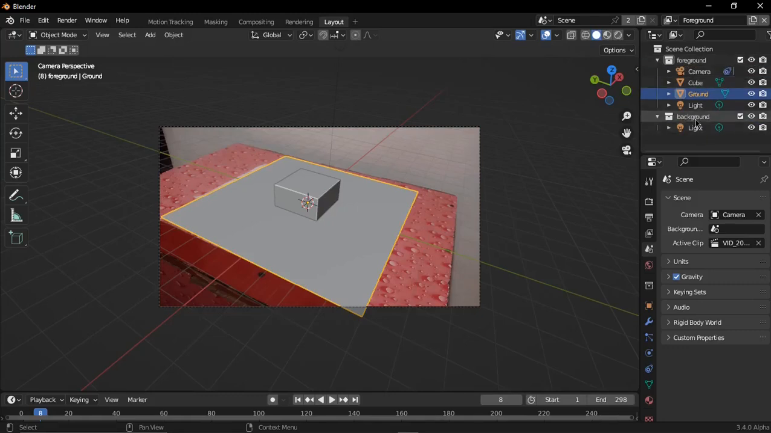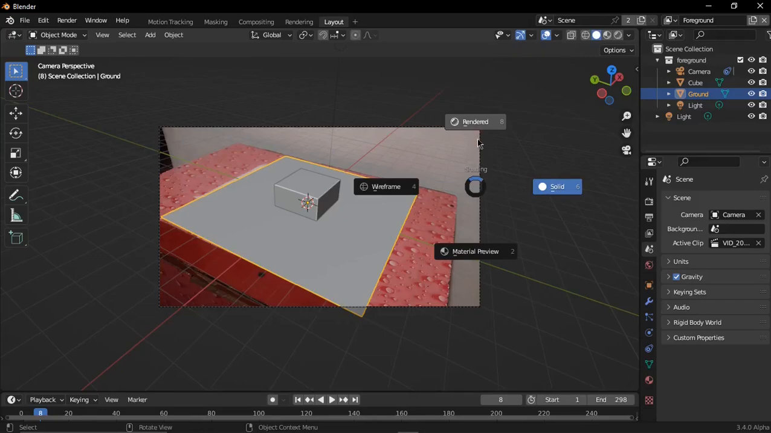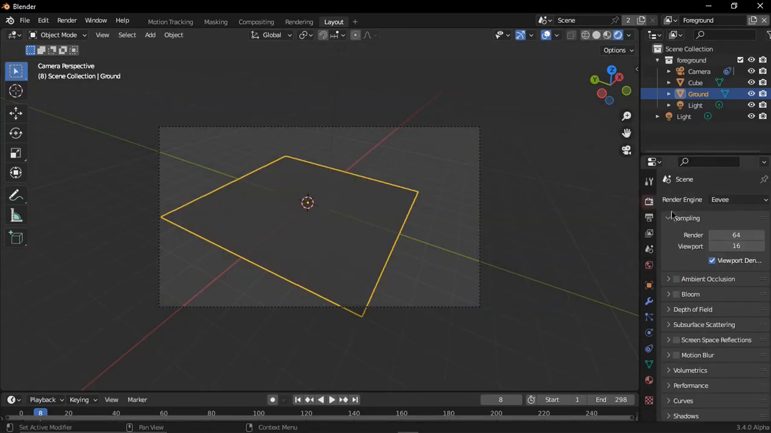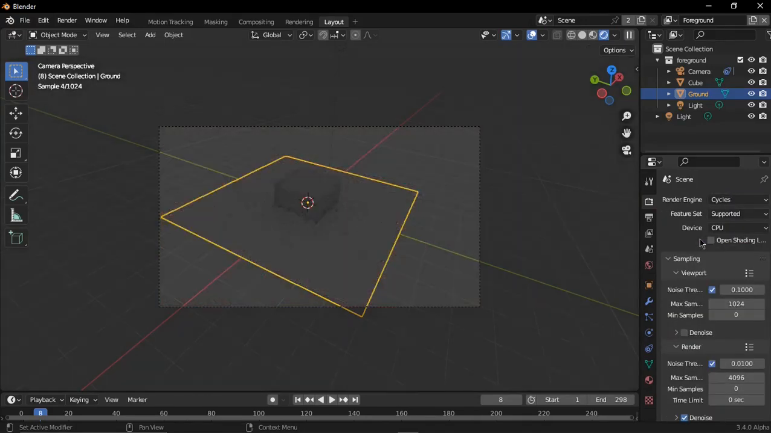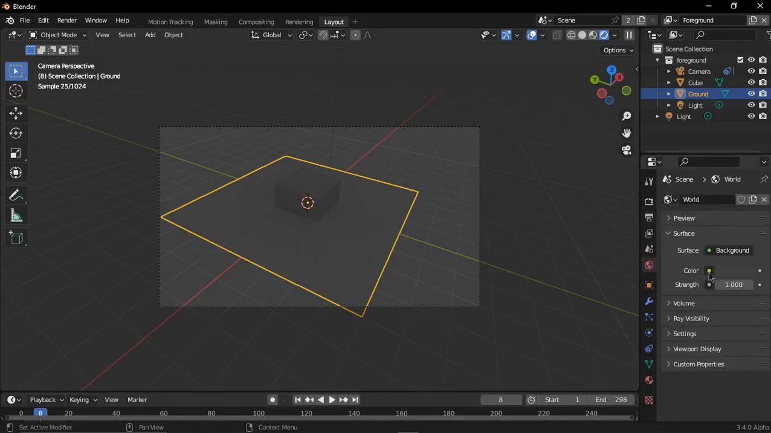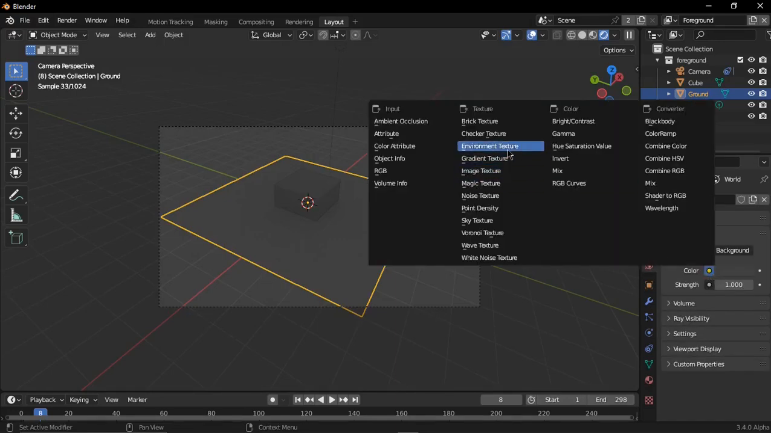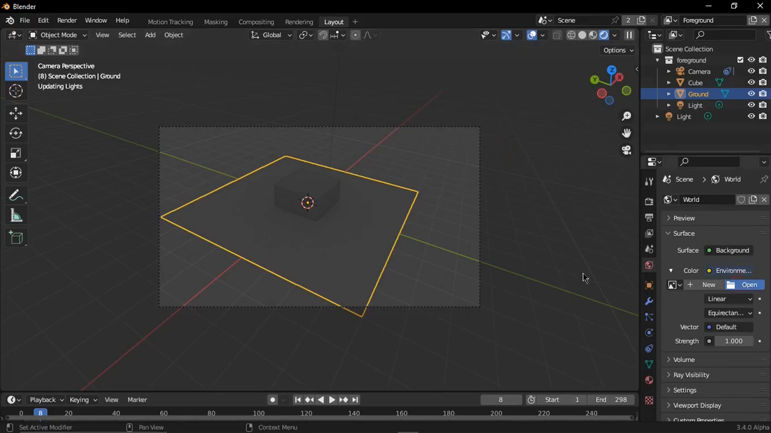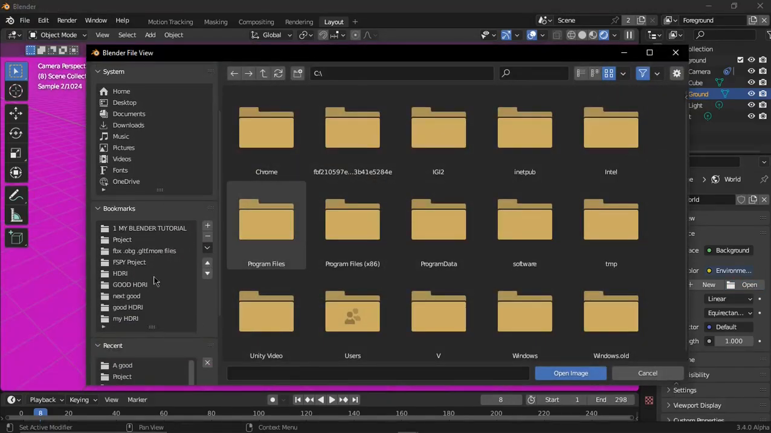collision and background collision, X to delete, and select the plane object and press Z to render it. Go to Render Properties, EEVEE, change to Cycles, CPU, change to GPU, and go to World Properties and click Color, add Environment Texture, click Open, add HDRI,